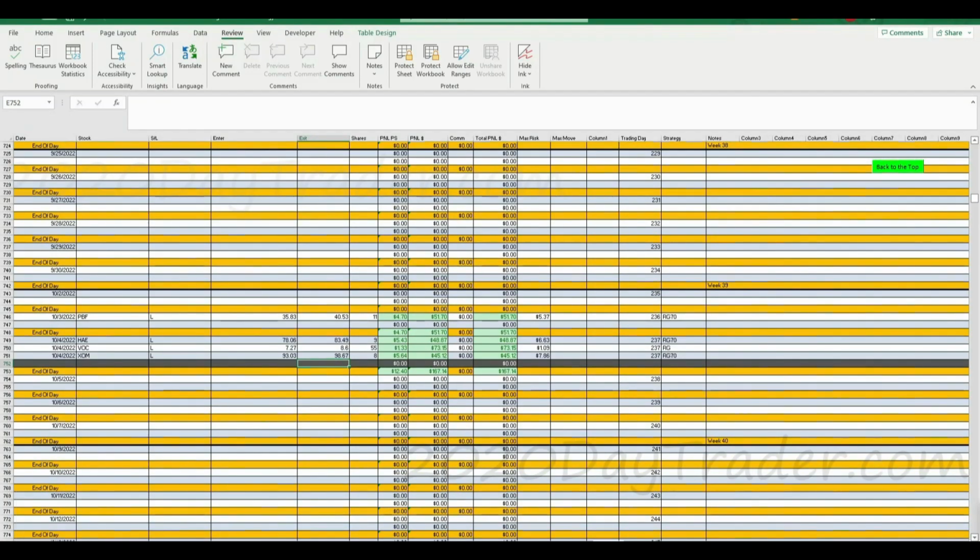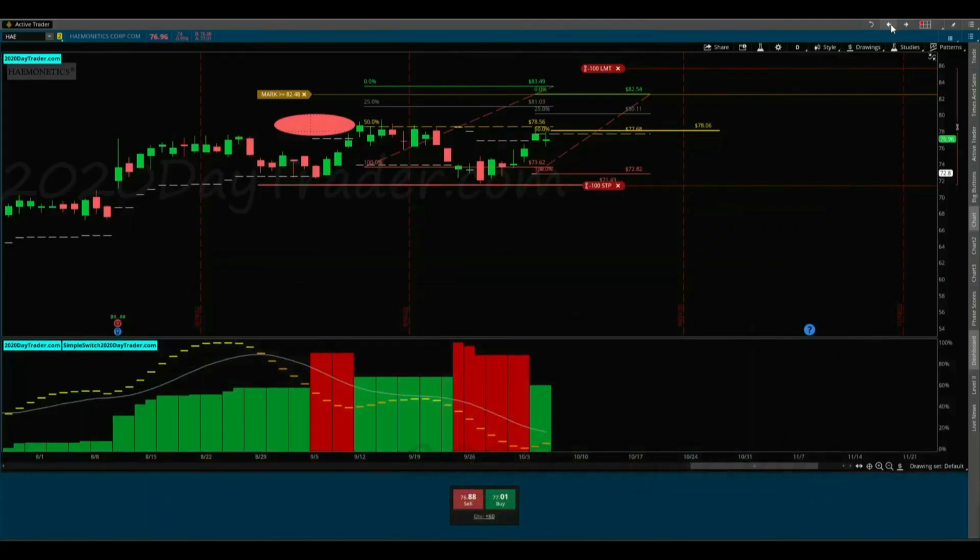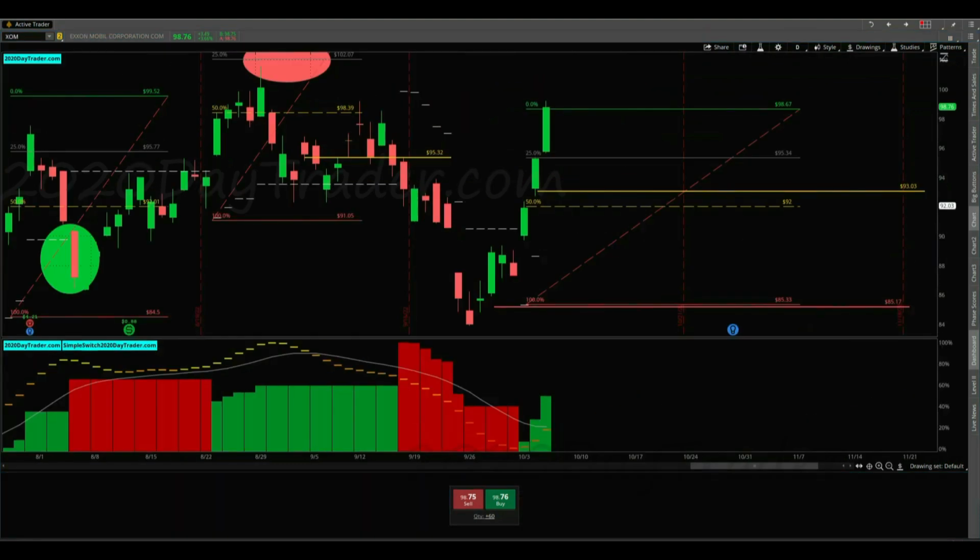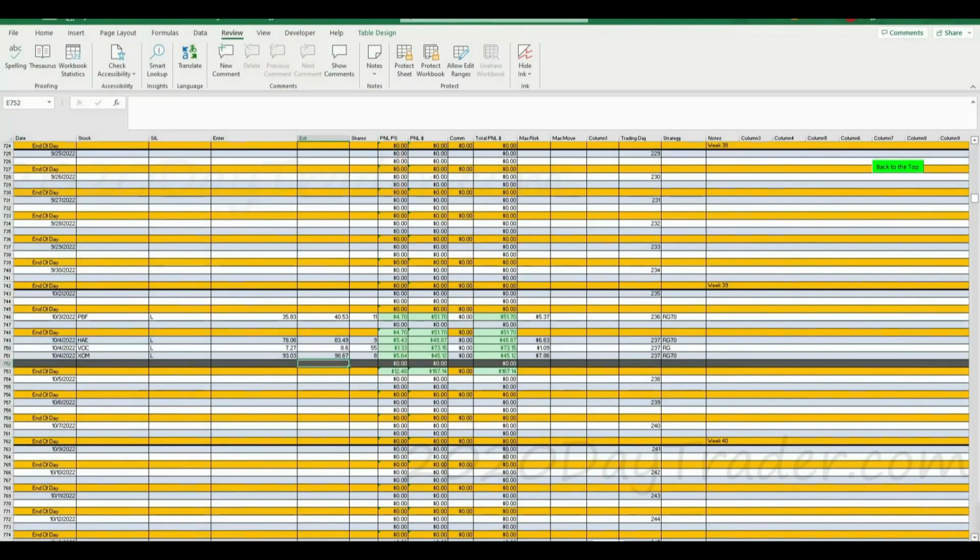So right now, you heard that noise. So let's go back over and see what just happened. So it looks like we got stopped out of XOM. Yep, XOM backed up, so we are now out of XOM. So we're going to go ahead and put that trade into the trade log and put those numbers in. I'll look at my dashboard.